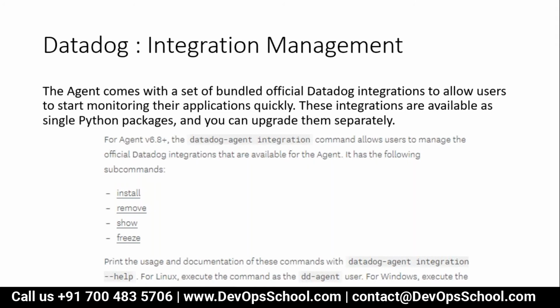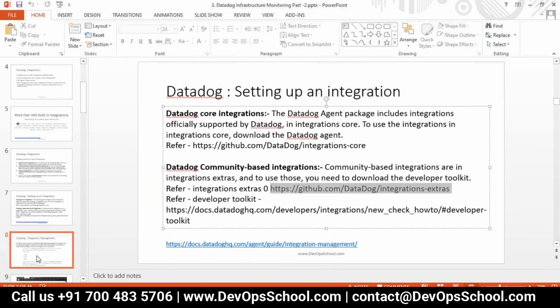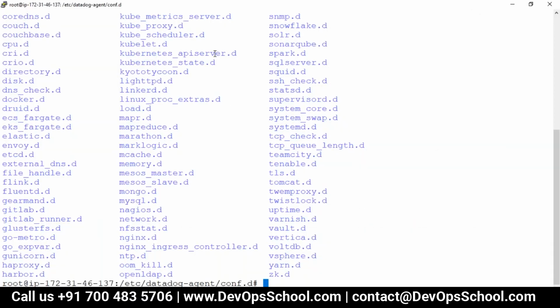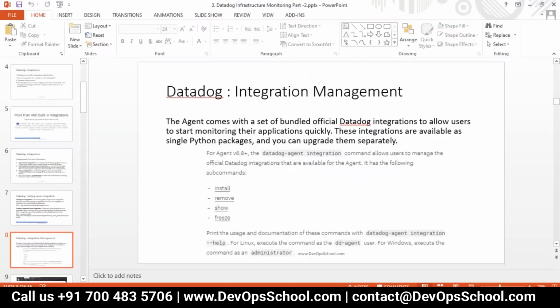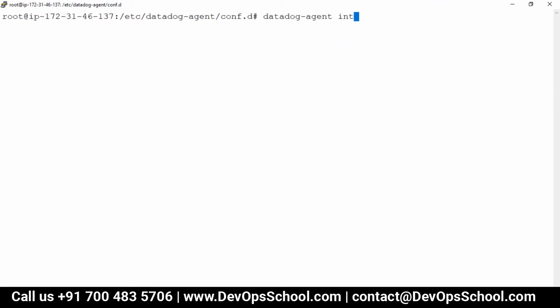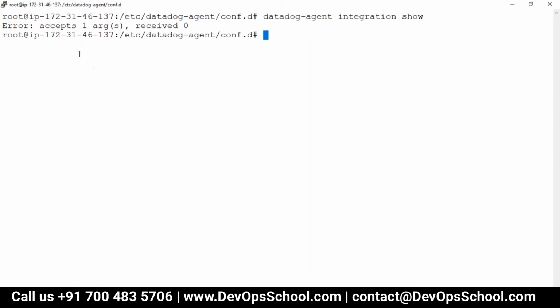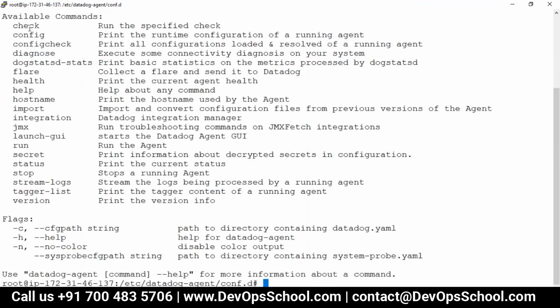So here, what we are trying to say is, you can work with the Datadog agent, and here the subcommand is integration and show, and now see how many integrations. Okay, there's some error. Just a second.